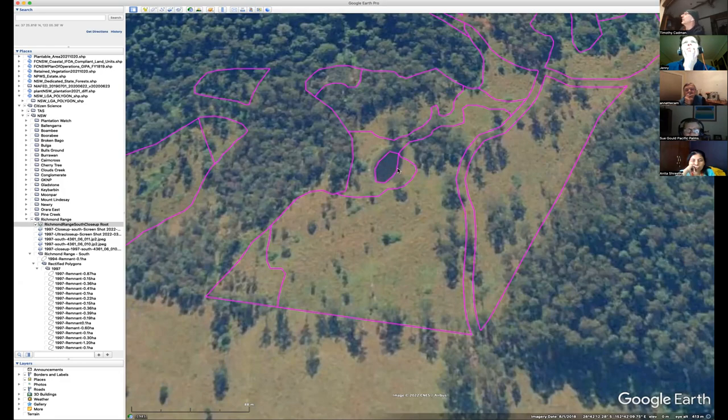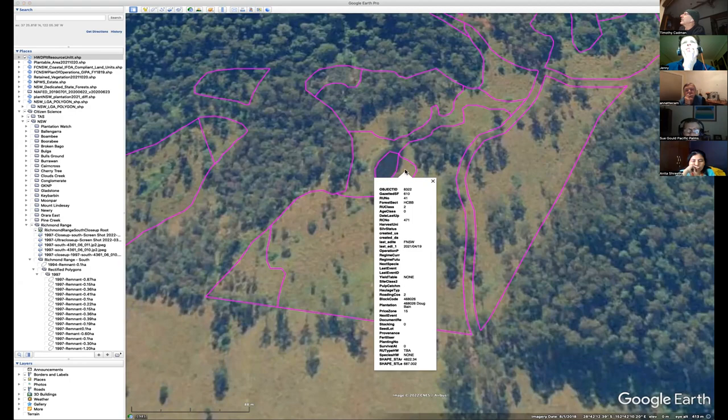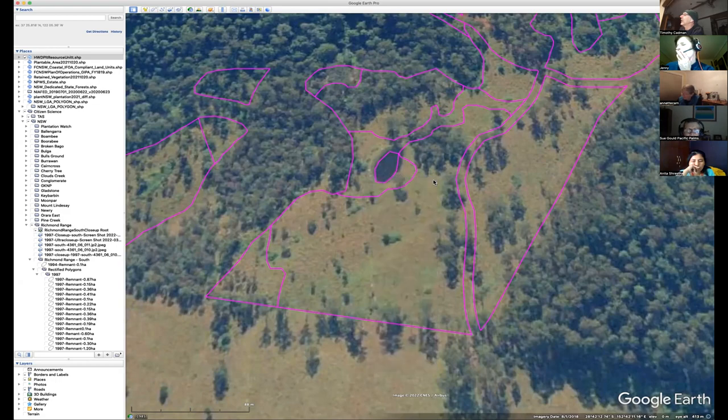If I move the cursor here, we're back in plantation subunit object ID 8322, and you can see how our wonderful helper with the Bob Brown Foundation has snapped this to ground completely. I'll just turn on south again